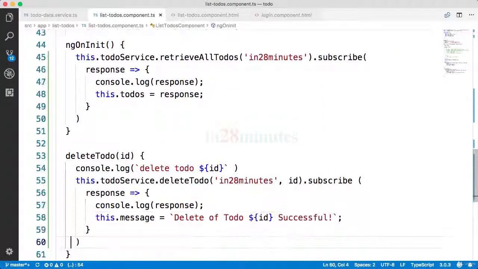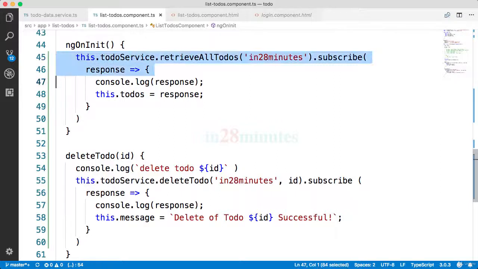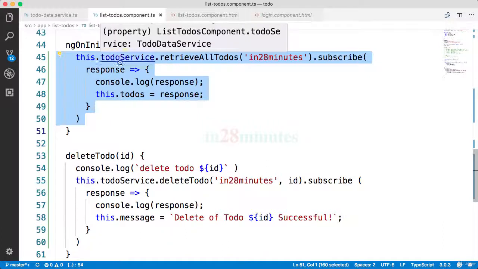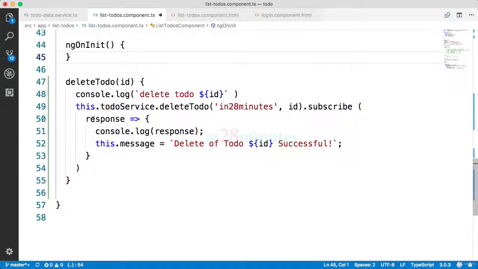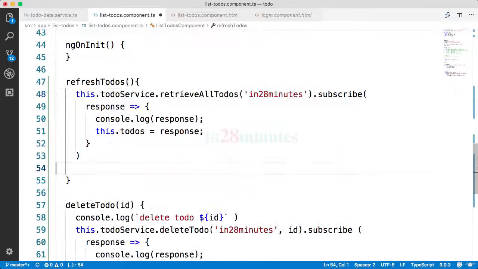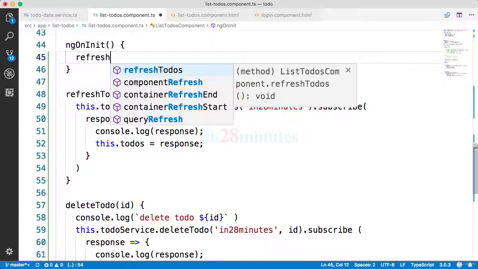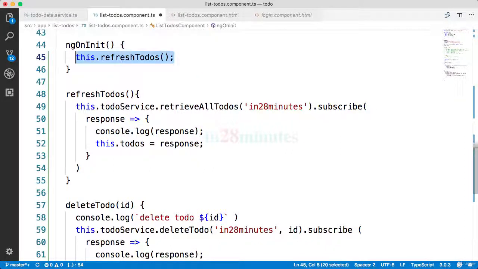One of the ways would be to directly call this method again. So I can copy this code and call this again inside the response. Once the response comes back, I can refresh all the todos. But that would be too much because we would be duplicating a lot of code. So what I'll do is I'll refactor this to an external method. I'll take this logic and move it to a method. Instead of ngOnInit, let's create a method called refreshTodos, and I'll put the logic in there. And on ngOnInit, let's call refreshTodos, and we can do the same thing